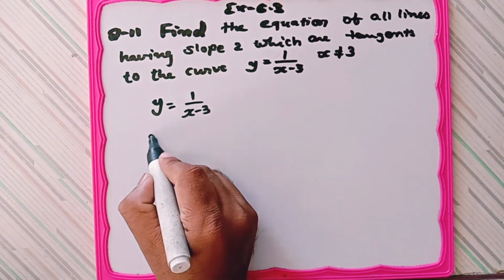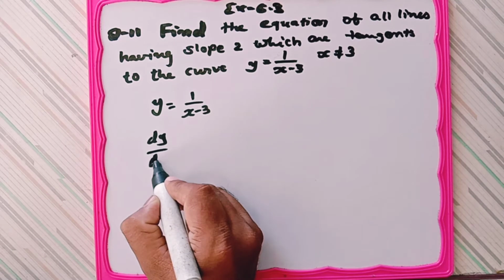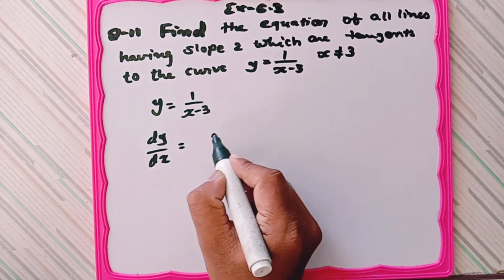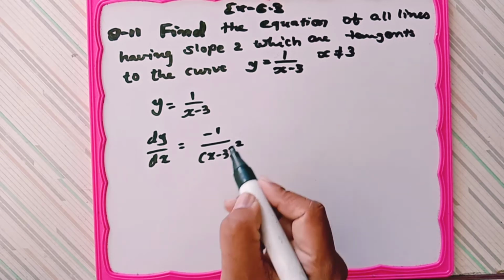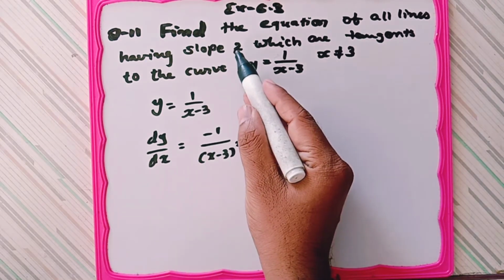Then differentiation with respect to x will be minus 1 upon (x minus 3) whole square, and its slope is equal to 2,